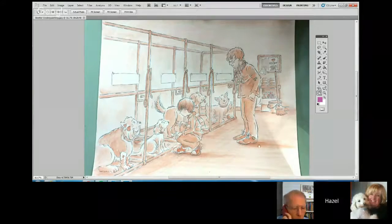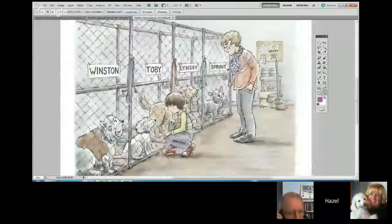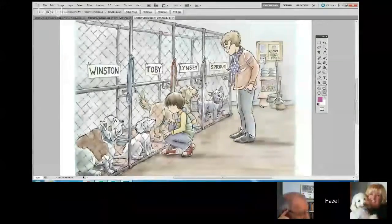Here's a finished piece from the book. So I've gone over, you can still see the texture on the watercolor, you can see my pencil mark